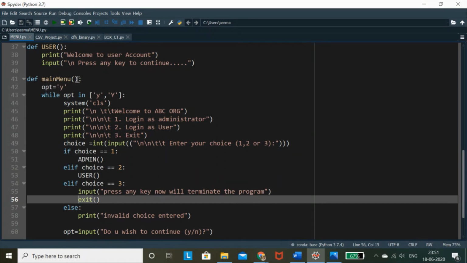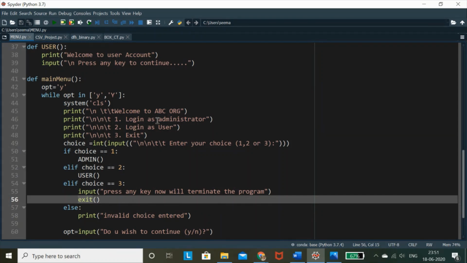The name is given by me, and I have created a while loop over here so that the user chooses and goes back, and it's asked again whether you want to continue or terminate the program. According to the choice given by the user, the loop will continue till the choice entered is yes, whether y in small or capital letters, which is being tested over here. So every time the user says yes, I want to continue, it will clear the screen and print these messages on the screen.